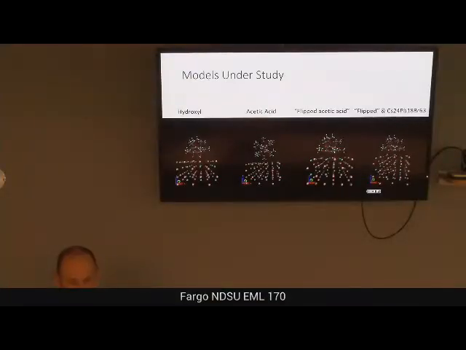I guess I already know from a little bit of experience that the hydroxyl model will be a bit better than the acetic acid. But are they on the titanium or the